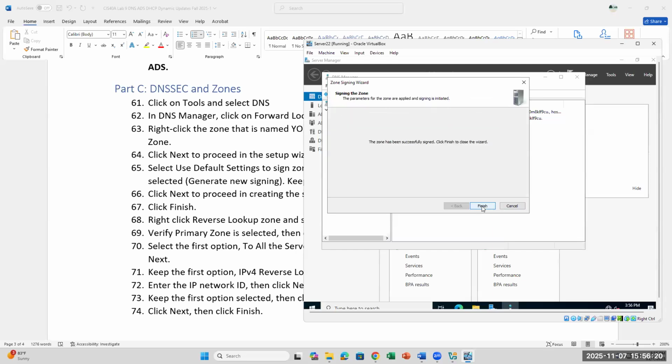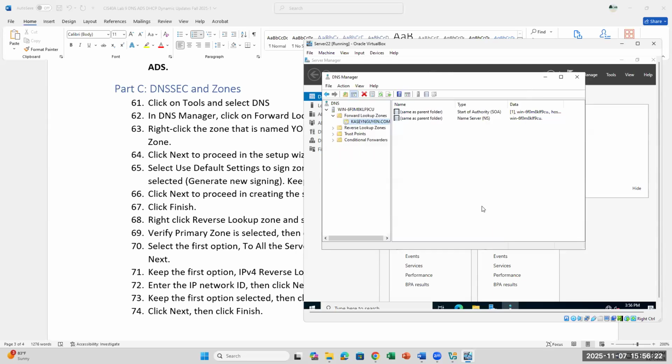And then finish. Okay, so we have to generate the key there, and the key allows us to have secure communication for our updates. That means that when you change your DNS records or configuration, when you need to update one zone to the next zone and across different DNS servers, it's safe. Well, safer. I can't say 100% safe. Okay, so once that happens,